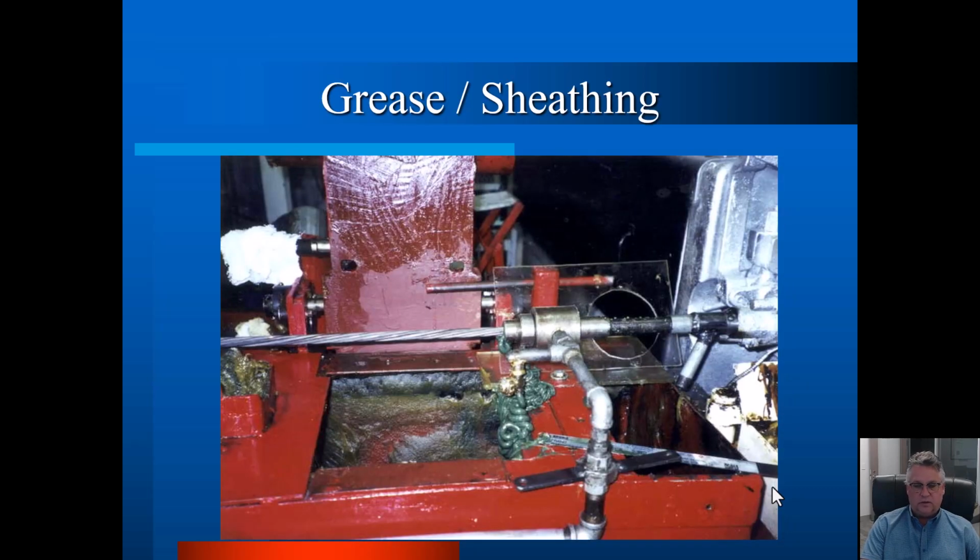It goes through this gooky machine, and all this stuff is grease. The grease is being applied to the strand as it goes through. The grease has two functions. One allows the tendon to slip and slide inside the plastic that it's going to get. It also is a corrosion protectant. So it's doing two things. It's helping the strand not corrode, and it's helping it move during stressing inside the plastic sheathing.